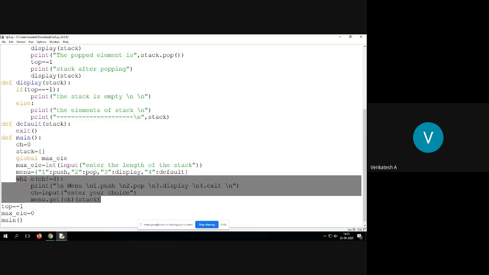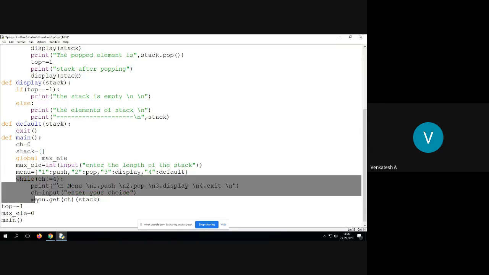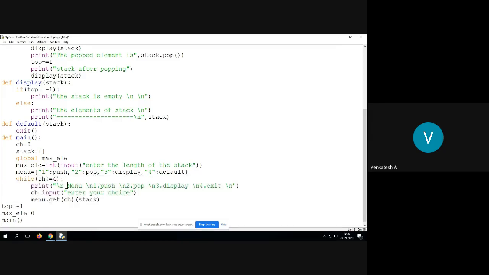That means while the choice is not equal to 4, until you hit option 4, this while loop will keep executing. This loop will repeat. So what will it inform the user? It will inform that in the menu 1 is push, 2 is pop, 3 is display, and 4 is exit. Then enter your choice. So the user will enter the choice and that will be stored in the variable ch.